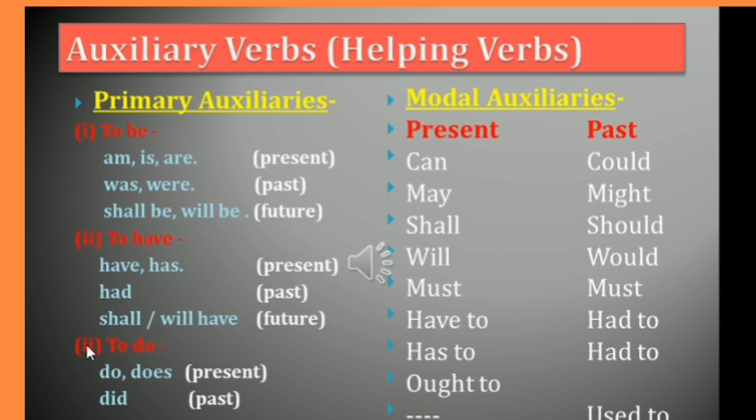Let's see some examples. The very first example: Shri can swim better. Here after can, I have used swim, the main verb form. Second example: Shri could swim better. Now I have taken the past tense of can, that is could, but I haven't taken swam or swum, the past tense or past participle form of swim. Because the rule is what? Whether it is can or could, a modal auxiliary, whether it is in past tense or present tense, it always takes the main verb with it. Never forget this.